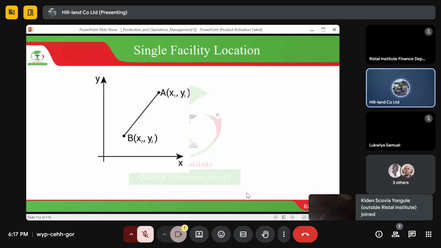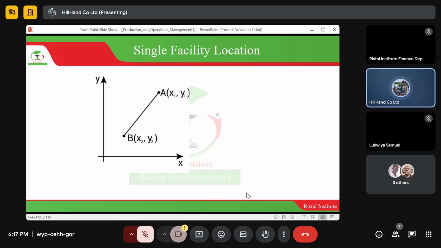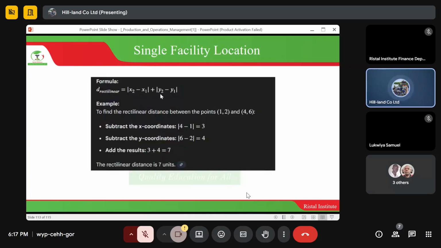So this is just a demonstration. Of course, we shall have our X plot for the B. We have our X number and we have our Y coordinate. For B, we have a Y coordinate and X coordinate. For A, we have the X coordinate and the Y coordinate where there is the dot. So how do we come up with that? This is a very simple formula. In this, we use what we call the